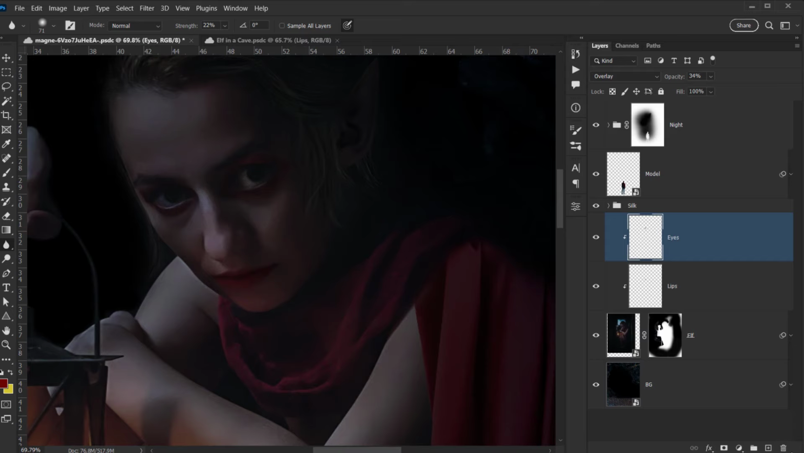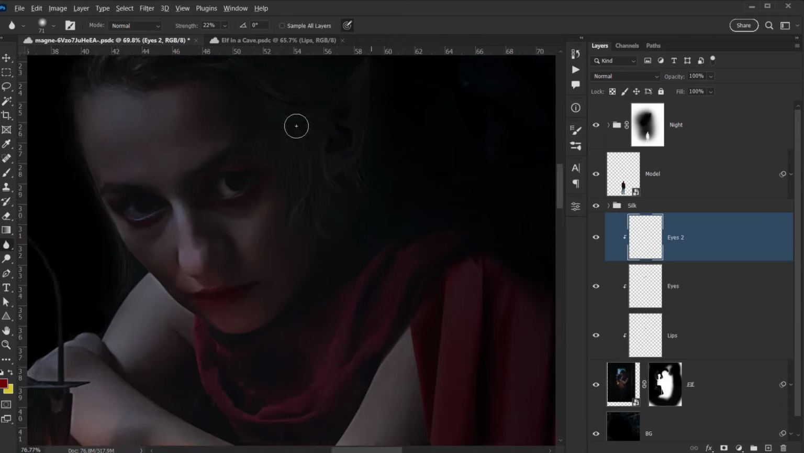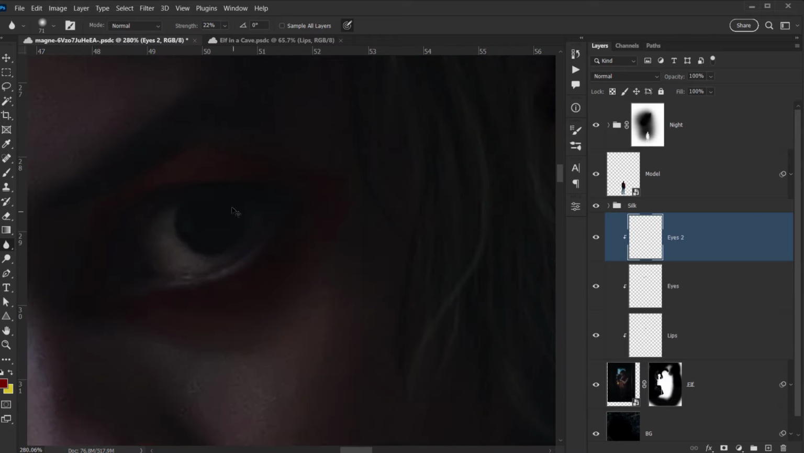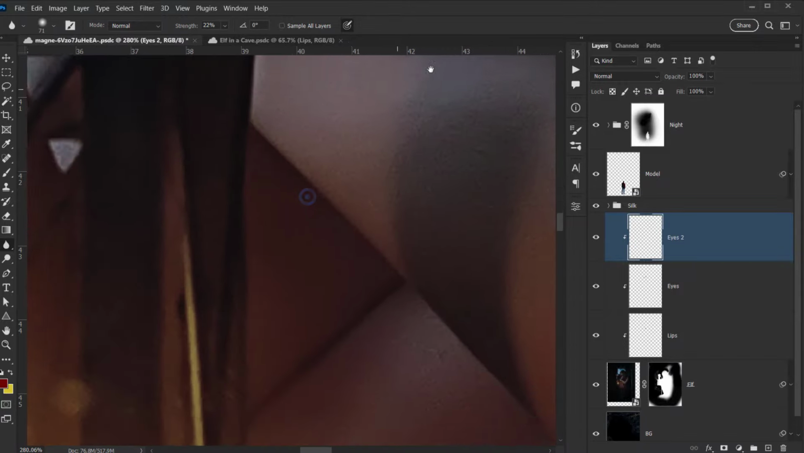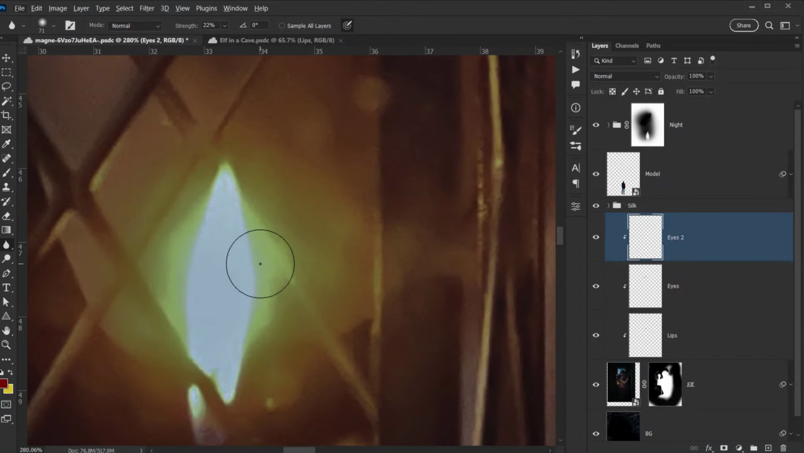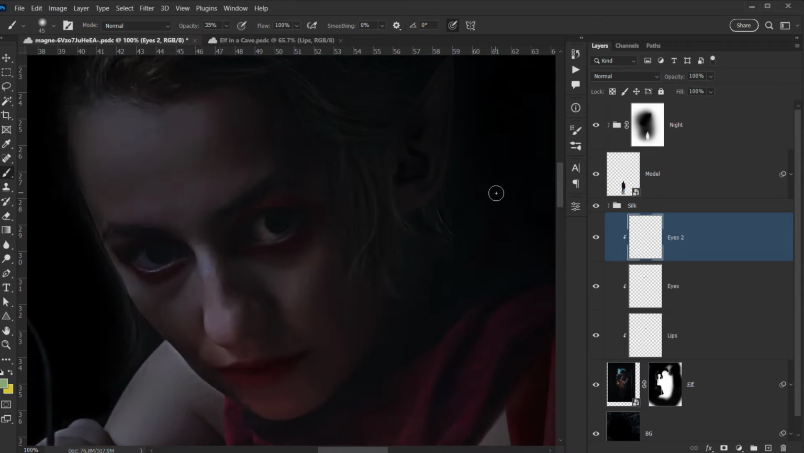Alright, now I will create a new layer, and I will call this eyes 2. I want to add a little bit of highlights in here, like a circle in here that is a little bit shining. So actually I'm gonna sample a color from this lamp. So let me actually select the brush, and then I will sample. Let me sample this color in here, and I will go back to the eye,